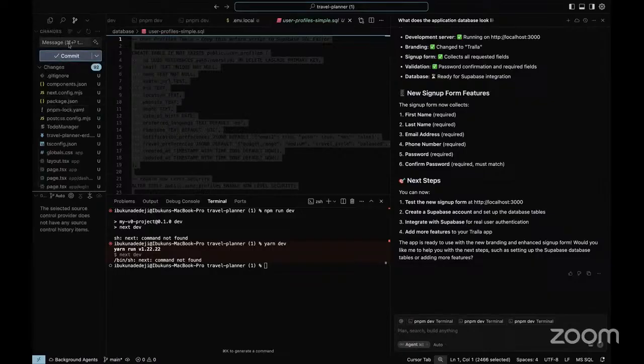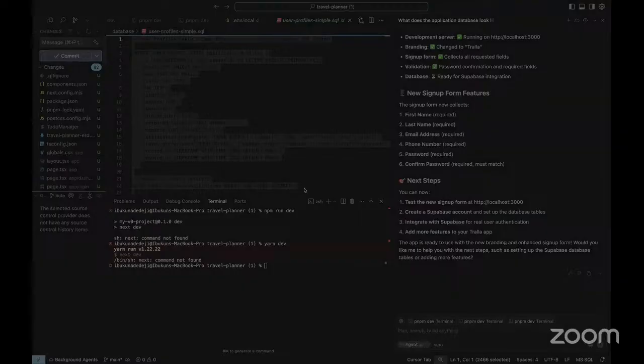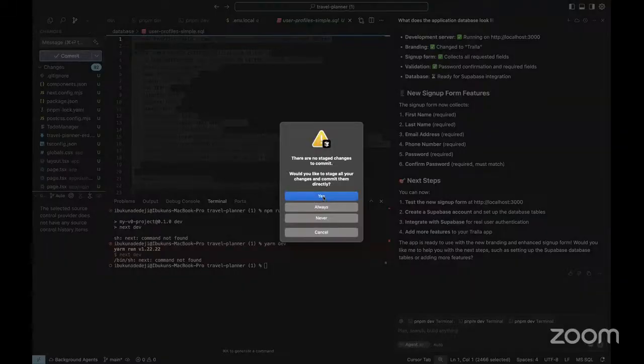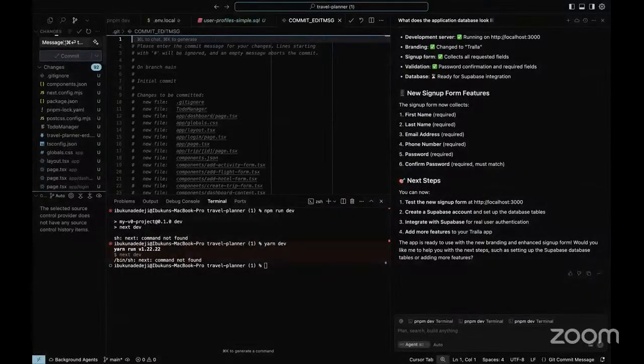And then you commit. I'm not sure my GitHub is added to this particular account right now, but would you like to stage all your changes and commit them directly? Yes. Then it just starts loading. So I will